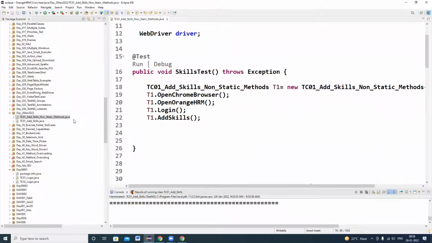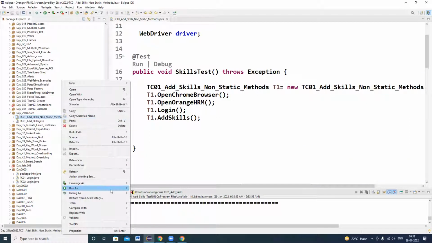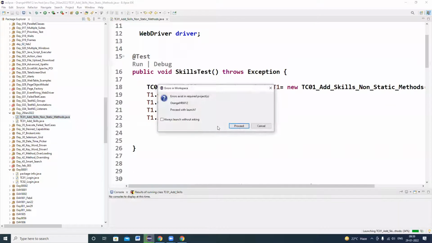Okay. So why are we writing methods? To understand the technical flow easily. Okay. To understand the functional flow. Yes, correct. So right click, run as TestNG test.